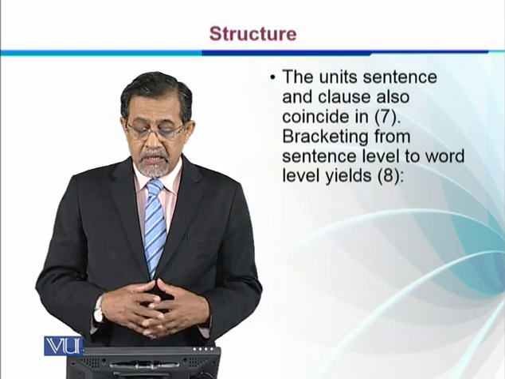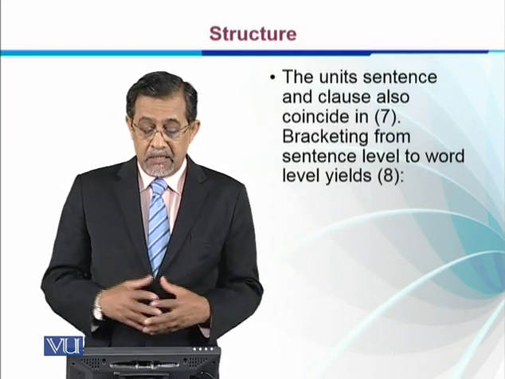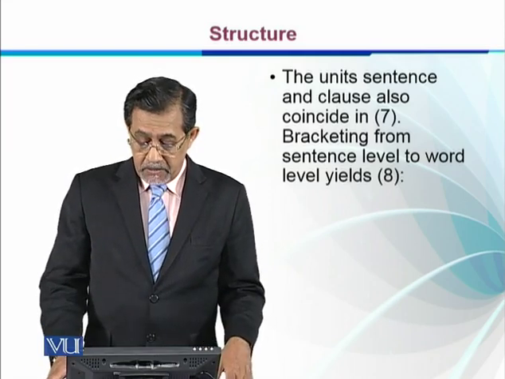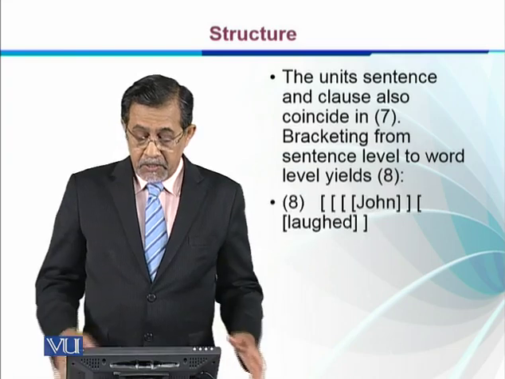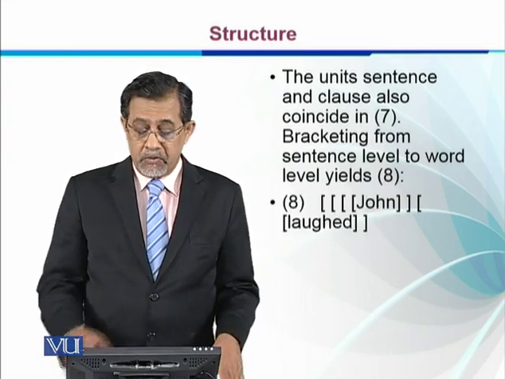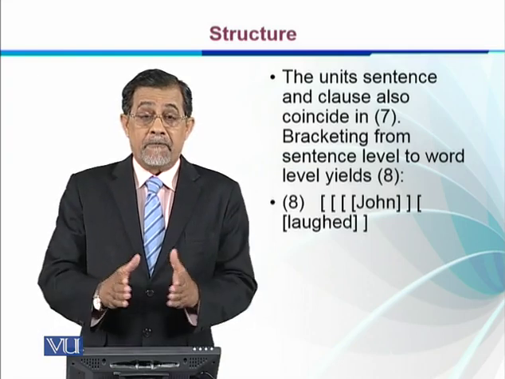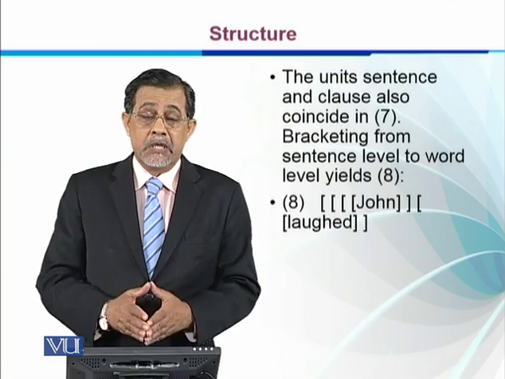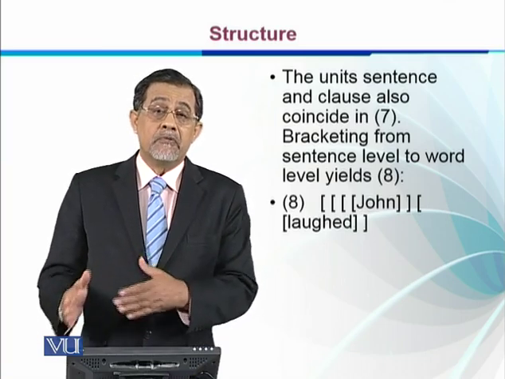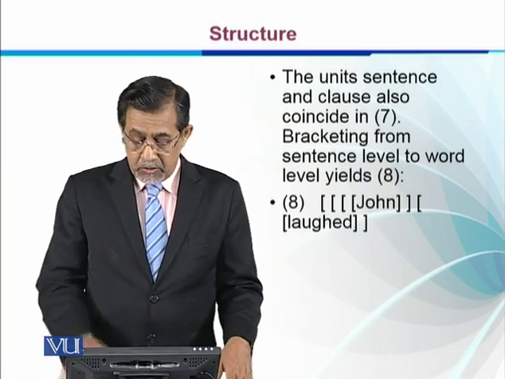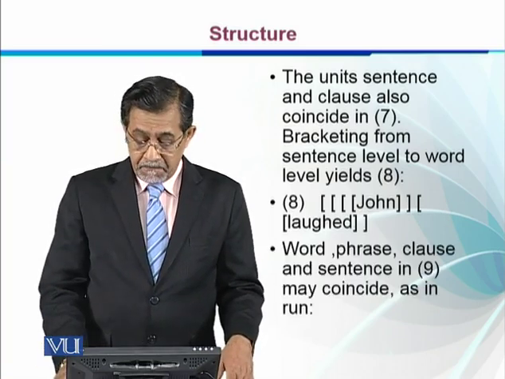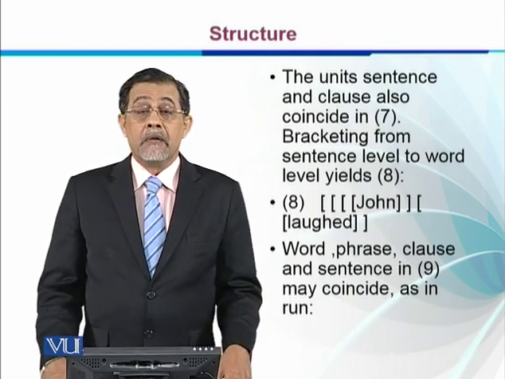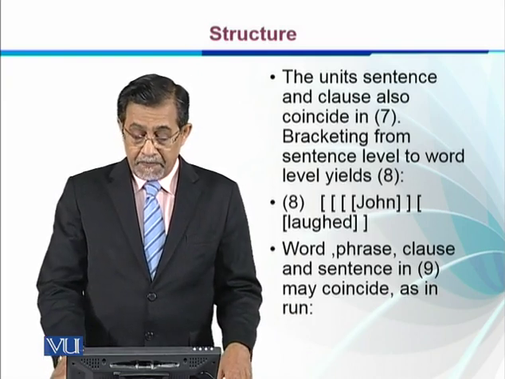The units sentence and clause also coincide in 7. Bracketing from sentence level to word level yields 8. For example, John and laughed. So this is how you can reach from the smallest unit to the largest, and from the largest unit to the smallest, from sentence to word, and from word to sentence, right? So you can look at the four brackets. Word, phrase, clause and sentence in 9 may coincide, as in run, right? So if you look at this, run,